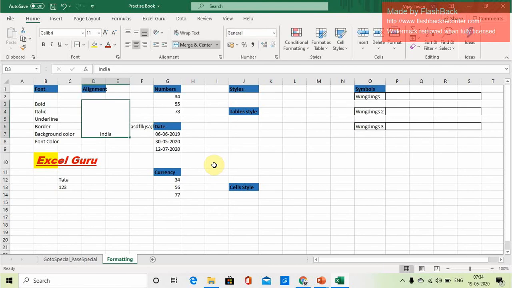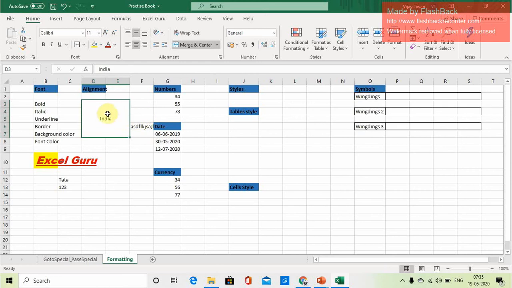India. So India has been written here, and it is bottom aligned, in Calibri font with size 11. Now if we want to change it from left to right, or upper to lower or middle, we can change it. As of now it is bottom alignment. If you want to make it middle alignment, click on this and it will become middle. Top alignment, click on this, and left alignment, middle alignment, right alignment. If you want to keep it exactly in the center, click on middle alignment and middle. So this will be in the middle.